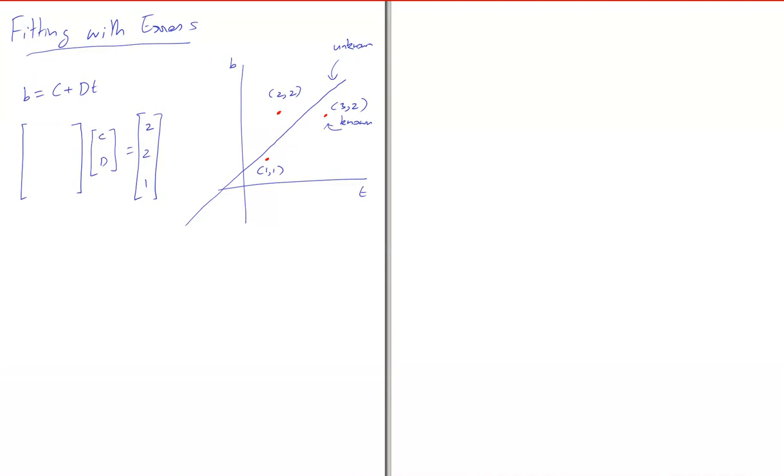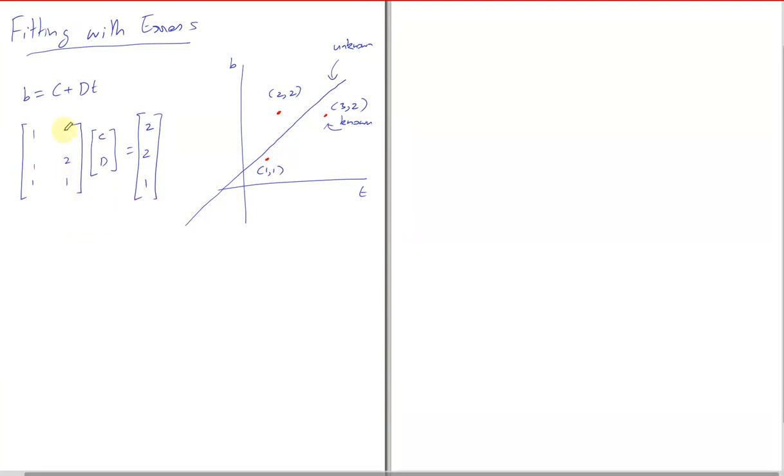Suppose these points are on the line, how do you solve this? Sir, the first column will be the number 1 and the other column will be the t components of the points. Okay, so this is 1, this is 1, this is 2 and this is 3, right? If you try to solve these equations, you will not find a C and D, because there is no line which passes through these 3 points.